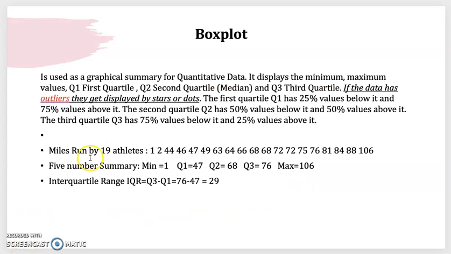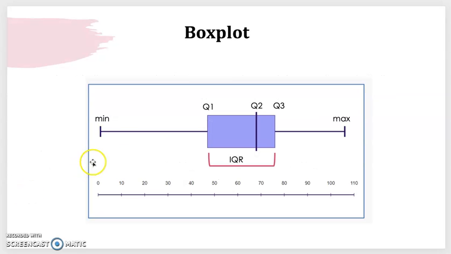The last one in this lecture is a box plot. Just to quickly tell you the definition, the box plot has 5 values: minimum, first quartile, second quartile,